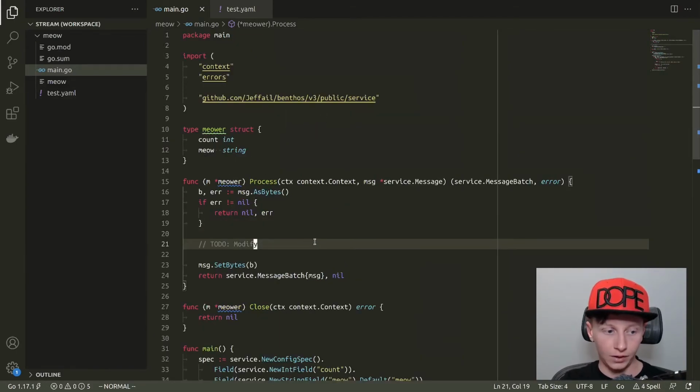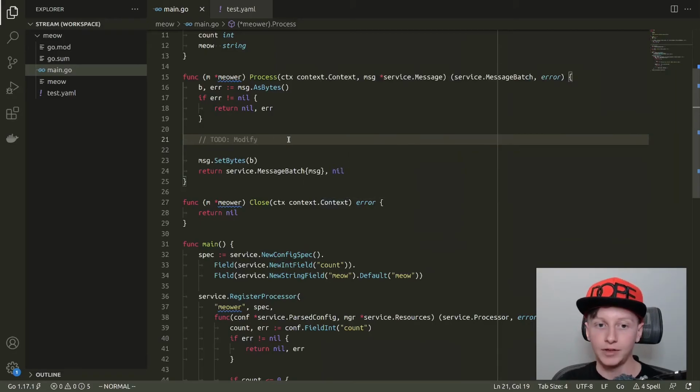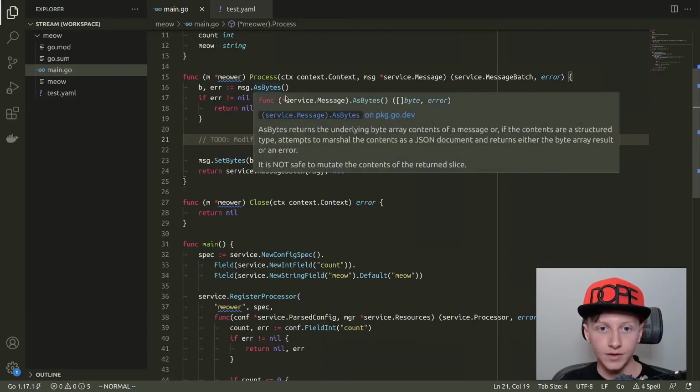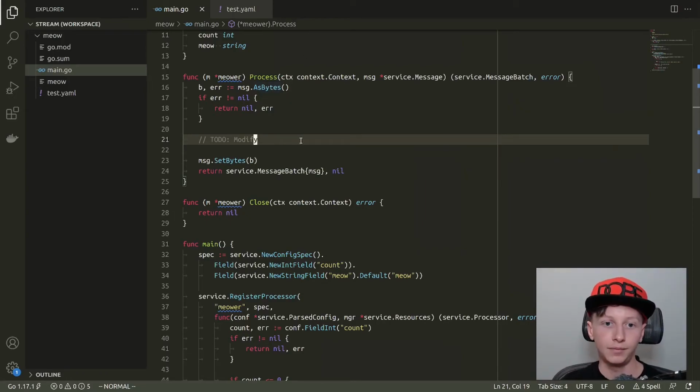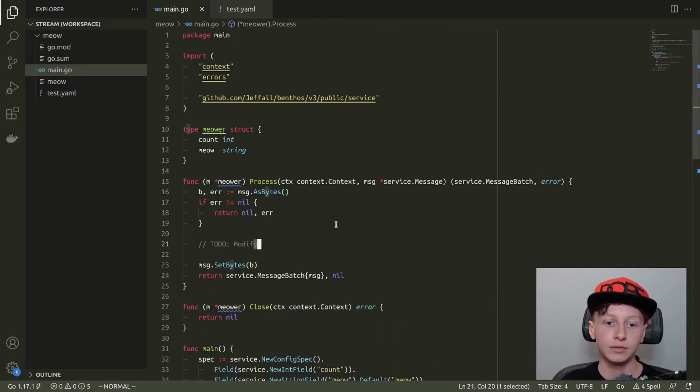Right, enough waffling on about that. Let's actually implement some stuff here. What this is doing right now is just passing the data through. It's extracting the bytes from the message, then putting them back in, and sending it onwards. That's not particularly interesting. So what we're going to do is